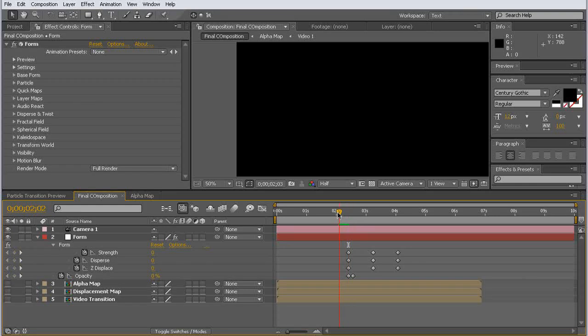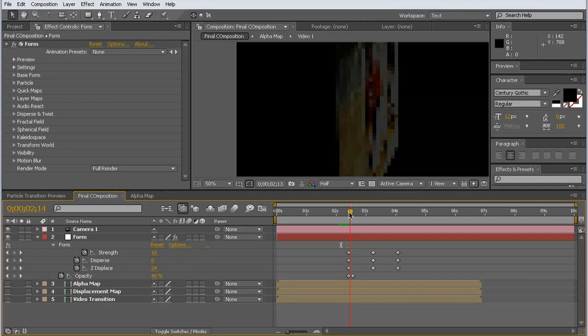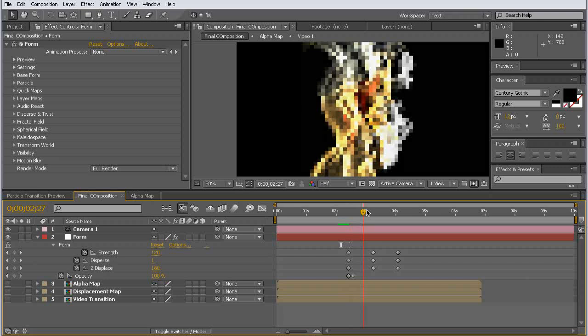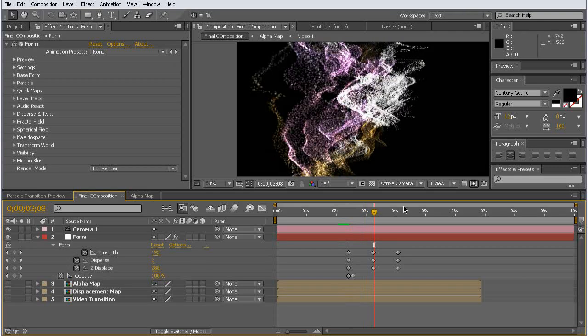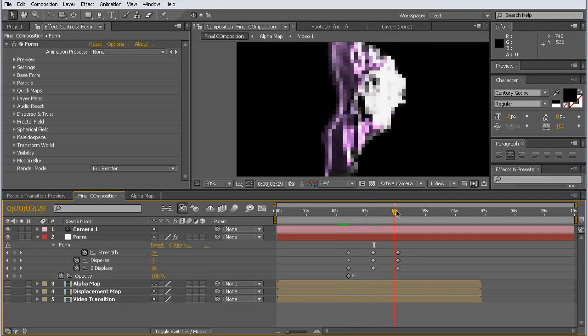So what we have is Trapcode Form fade in, displaced, and now come back to normal